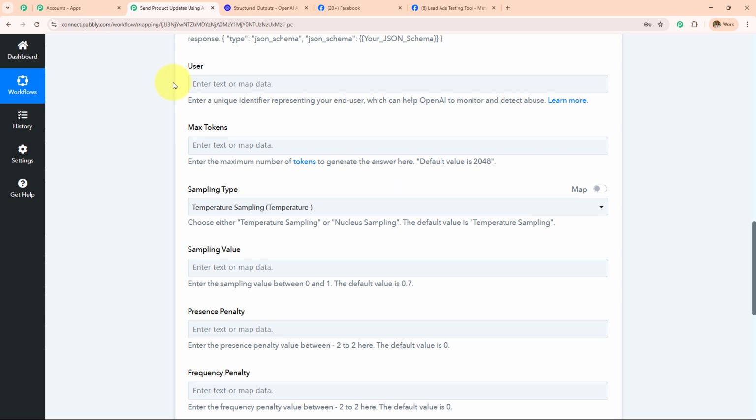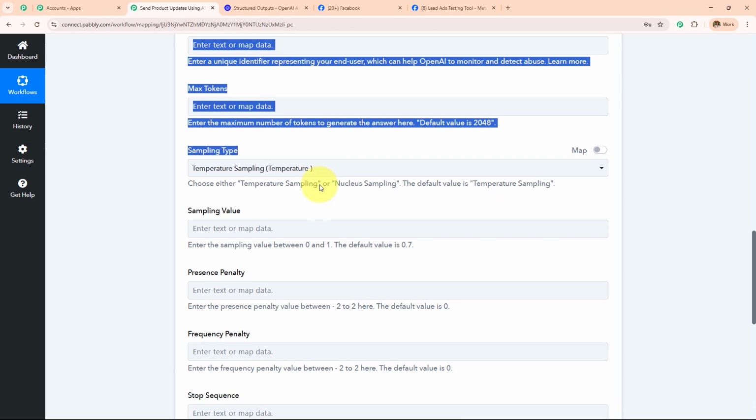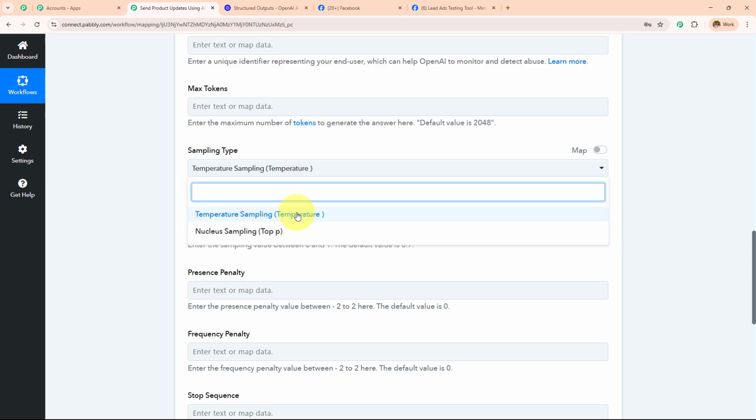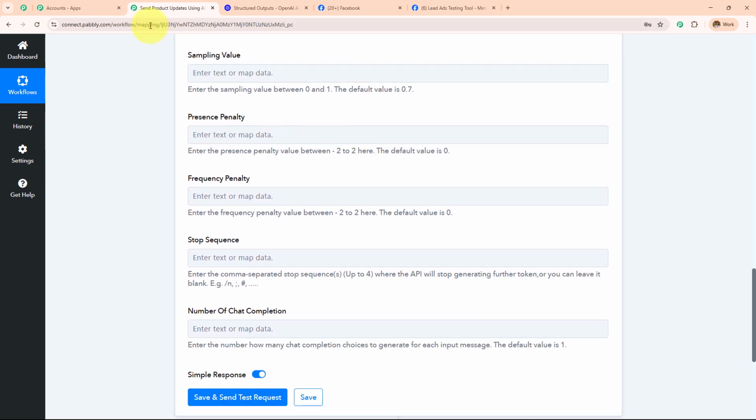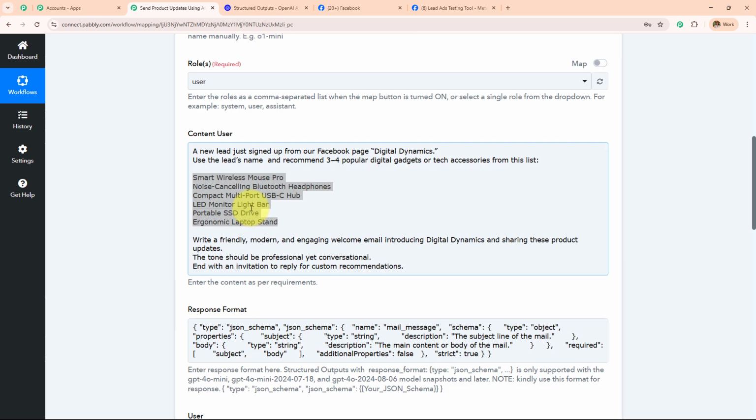So here we are done with this. We do not require this max tokens as these fields are not required, and I just want to generate the mail, so I'm not going to enter this. In the sampling type, I'm going to select the temperature sampling, and again these fields are not required for me for now. After entering the prompt and the response format, I'm going to execute this workflow, but before that,